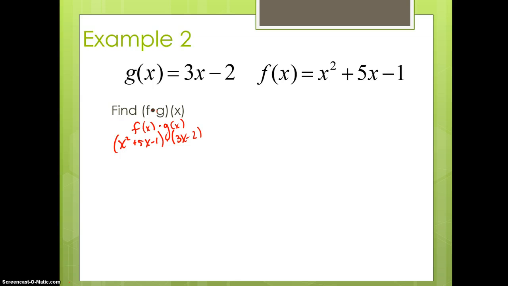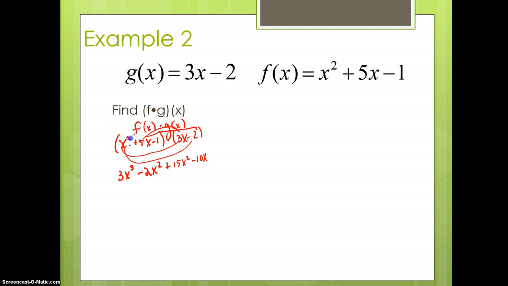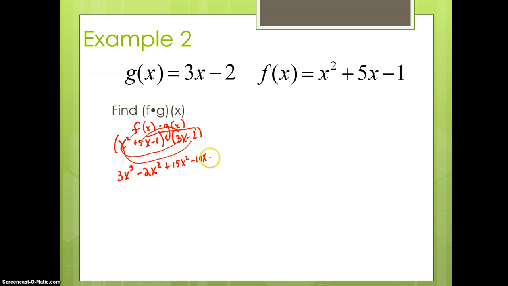That means that each part of the first function has to be multiplied by each part of the second function. A good way to do this is to start with the first one and say, let's multiply this here, and then go to our next term, do a similar thing, and finish with our third term. So when I multiply x squared times my two terms on the right parenthesis, here's what I get. When I multiply the positive 5x by both terms over here, this is what I would get. And when I do negative 1 times both terms,